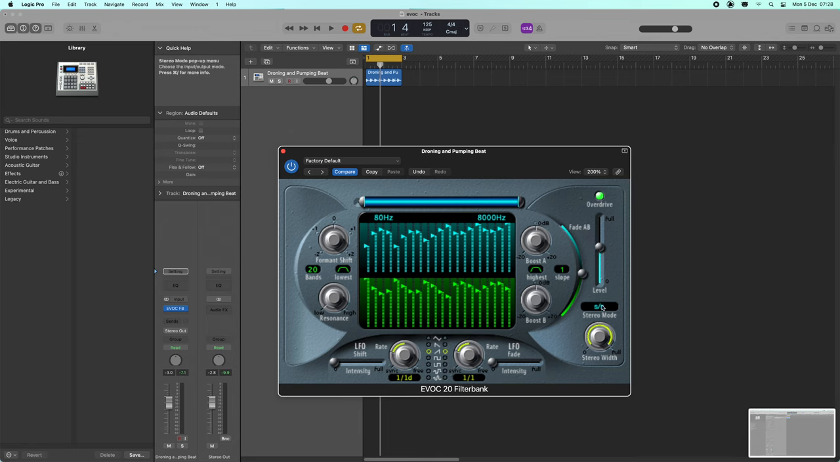And then under this you have the stereo mode button, and you can switch between whether you want a mono signal or a stereo signal. So if you choose mono, these two will be in the same stereo. And then if you change it to the stereo mode,